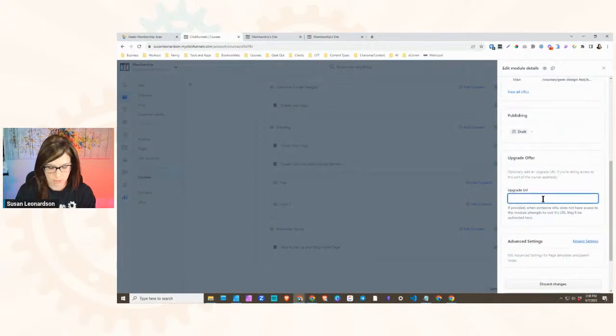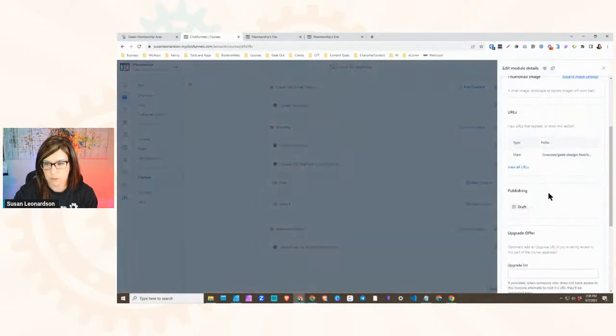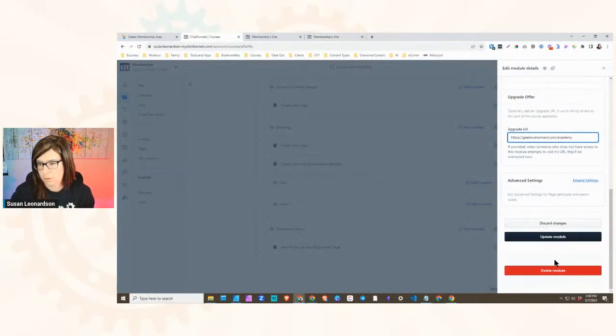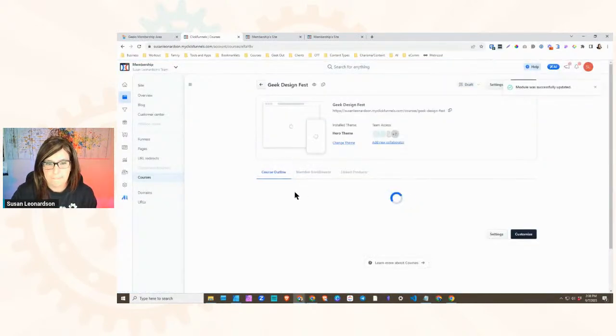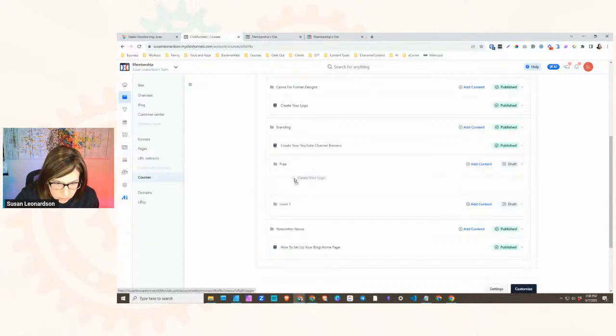We can. Okay, we aren't controlling access on the free though. We're controlling access on our level 1. Okay, so if we would create your logo as part of our free, and then if we put actually in